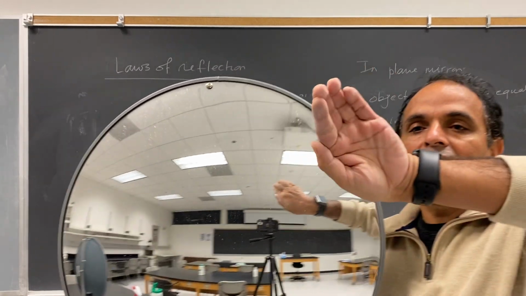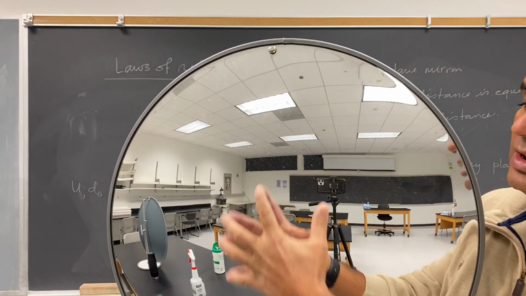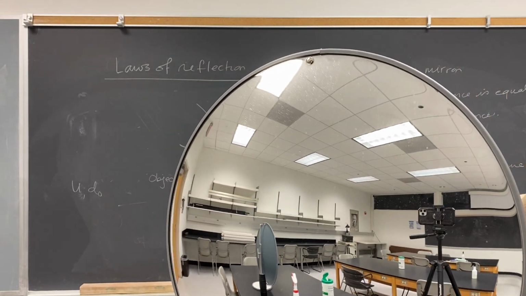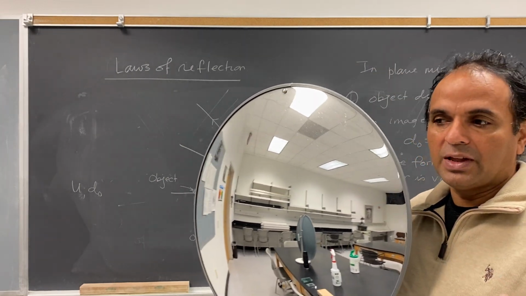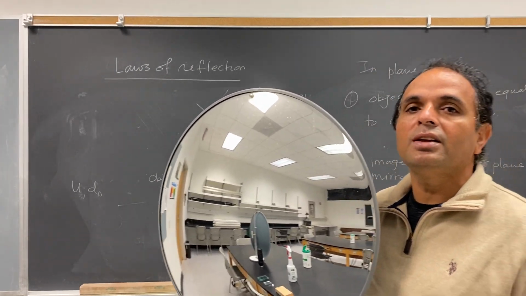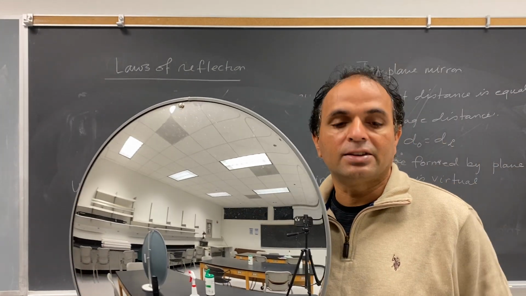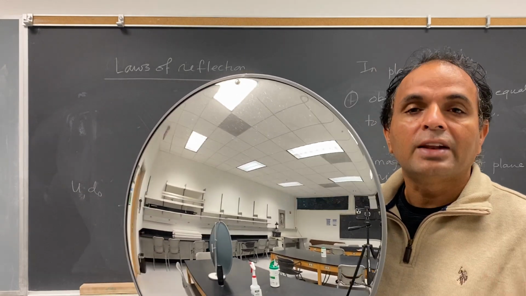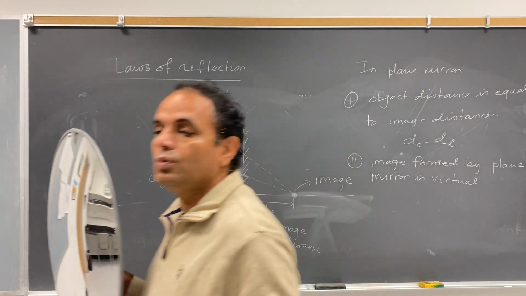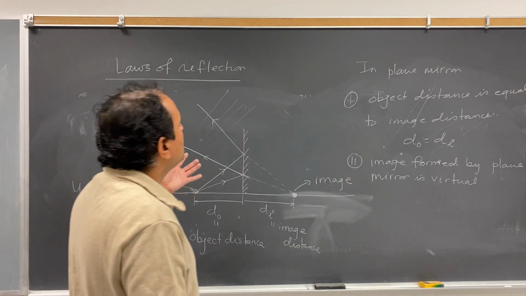Before it was like this, like a spoon. Okay, that was a concave. But this one, look here, this is your convex mirror. So we have basically two types of spherical mirror: concave mirror and convex mirror. This convex mirror we call the diverging mirror, and the concave mirror we call the converging mirror. Okay, so if I get the time, I'll talk about this in future, but right now let us continue the